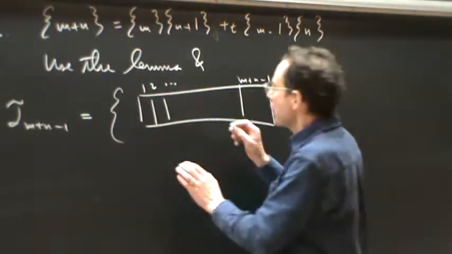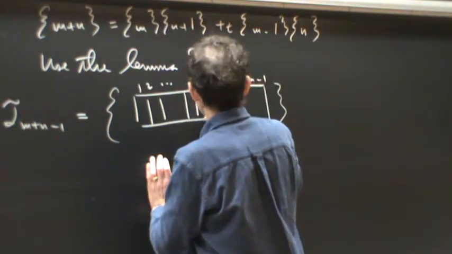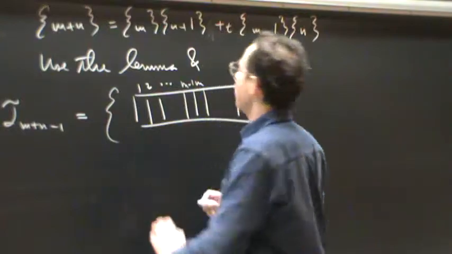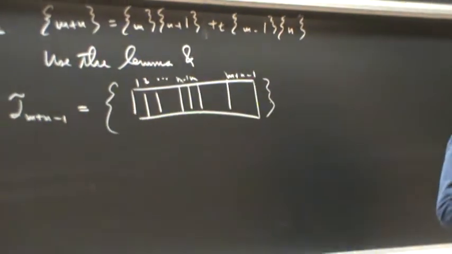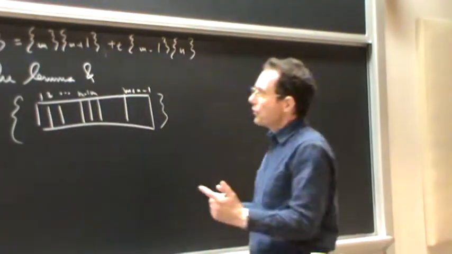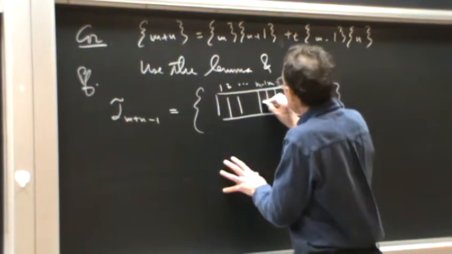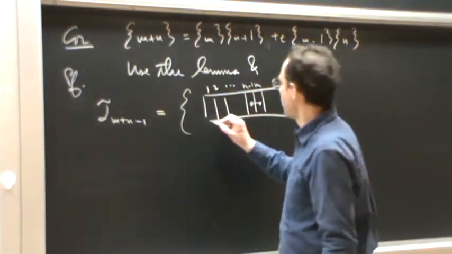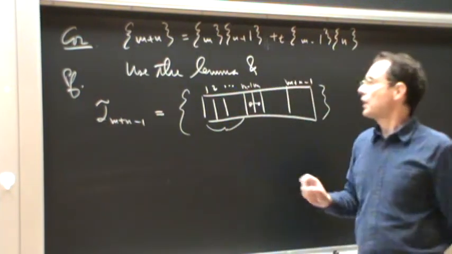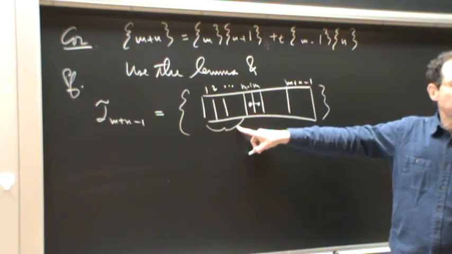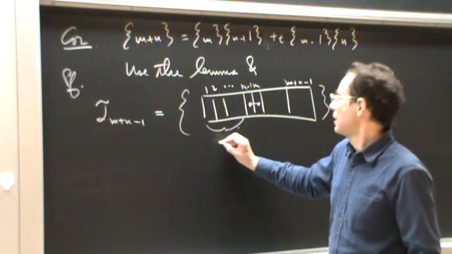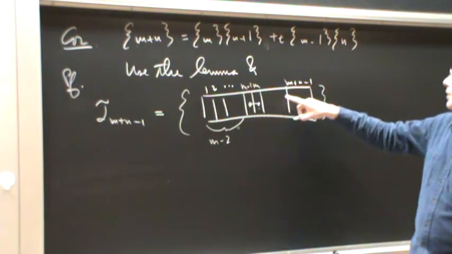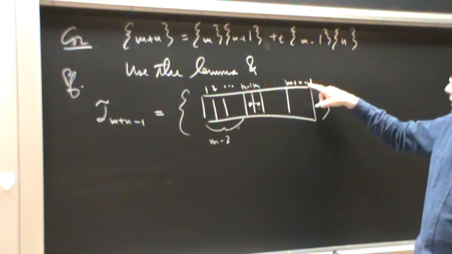And now let's look at what happens between the m minus first square and the mth square. Well, there's 2 things that could happen. Either there's a domino there. If there's a domino there, then the rest that I have to tile here is how much? How many squares do we have down here? m minus 2, right? And then from m, m plus 1 onto this is going to be